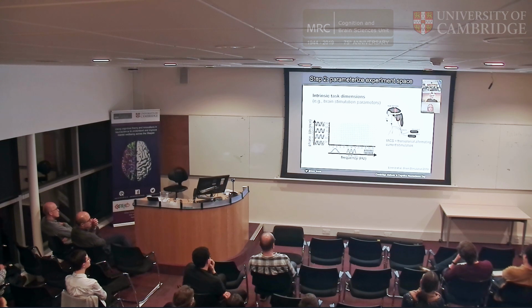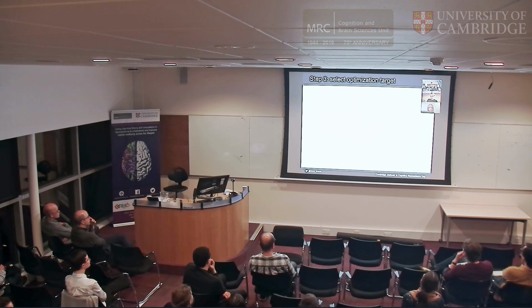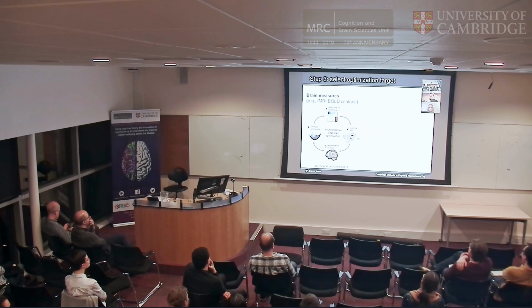Yes, so now once you have parameterized your experiment space, you can think about what is actually your target measure. What do you actually want to look for? And again, there are many different ways you can do this. One of them would be, for example, just a simple fMRI fold contrast. So when we were interested in dissociating two frontoparietal networks, we wanted to increase the fold contrast between them because we wanted to understand for which task conditions one network is active and the other one basically silent, and vice versa. So what we did is we used real-time fMRI, and I also had a slide really quickly about the pipeline